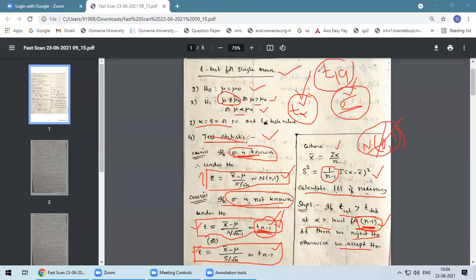If you understood the problems, then it will be easy. The procedure is also very easy. Can I go to the first problem? Yes. So if yes, put the heading: Unit number 3, small sample test.